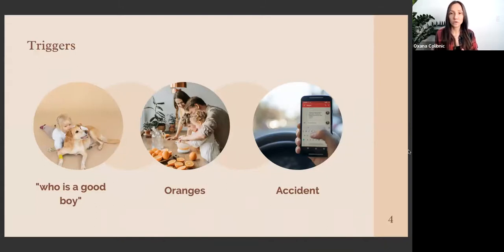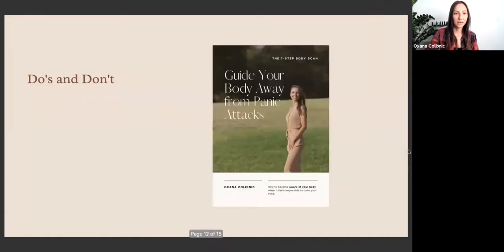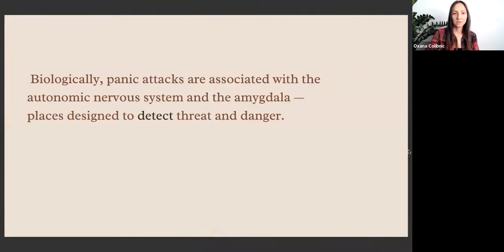But now the amygdala is doing its job to create these clues that we call triggers, because in the end, they're triggering a response. I don't consider them to be a bad thing. I consider them to be a way for your brain, your unconscious mind, to protect you from getting into the same situation again. But sometimes, because we're so overwhelmed by all the triggers, we start to hate them. I think we should befriend them. But let's keep talking. Okay, so the amygdala and the autonomic nervous system are places designed to detect threat and danger.